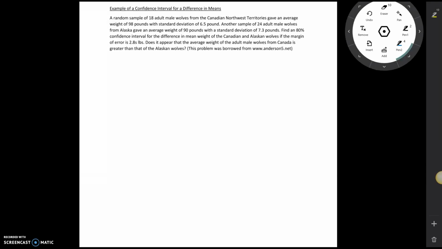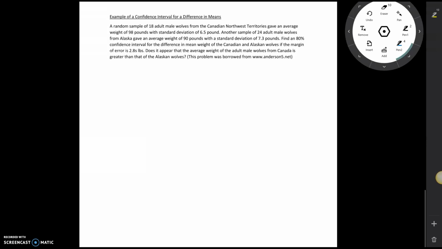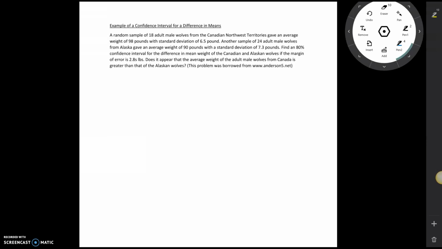In this last example, we're going to look at a confidence interval for a difference in means. So we have here a random sample of 18 male wolves from Canada, Northwest Territories gave an average weight of 98 pounds with a standard deviation of 6.5. Another sample of 24 adult male wolves from Alaska gave an average weight of 90 pounds with a standard deviation of 7.3 pounds. Find an 80% confidence interval for the difference in mean weight of the Canadian and Alaskan wolves